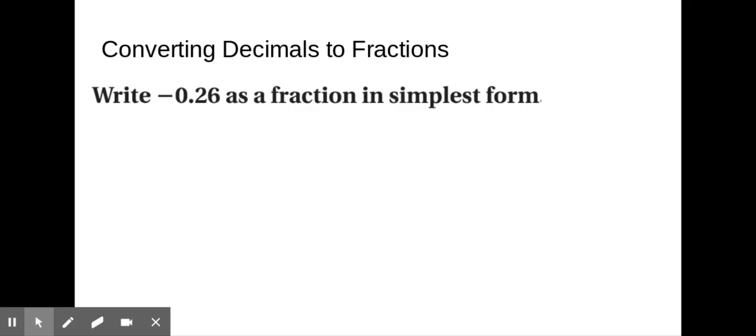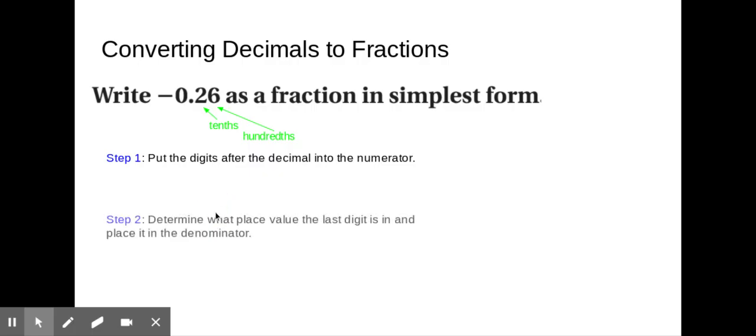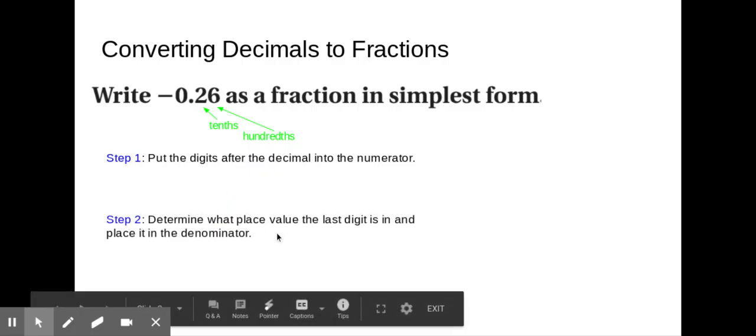So step 1, I need to put the digits after the decimal into the numerator of my fraction. So that means my 26 is going to go on top, because the numerator is on top. And step 2 wants me to determine what place value the last digit is in and put that as the